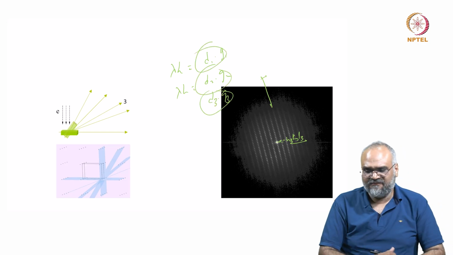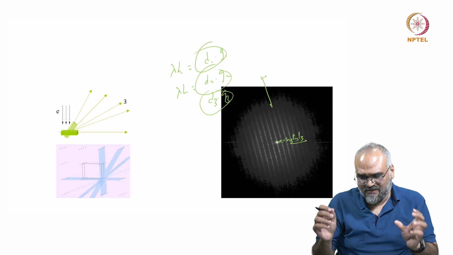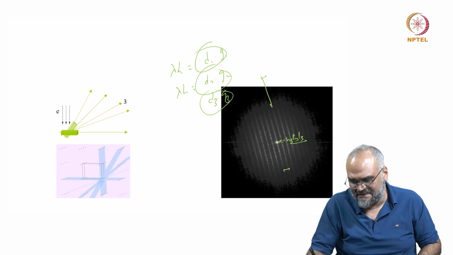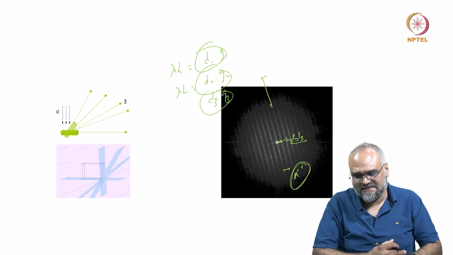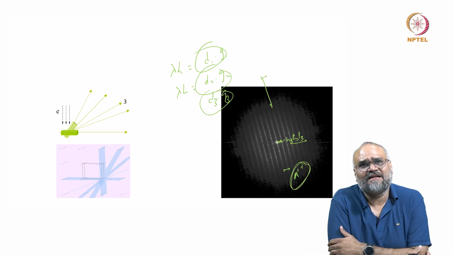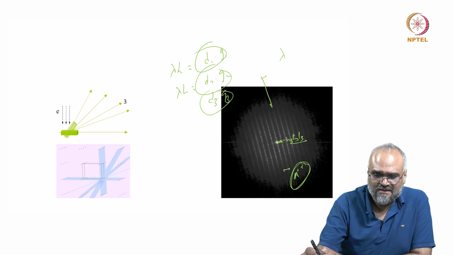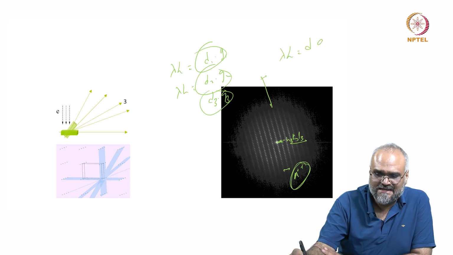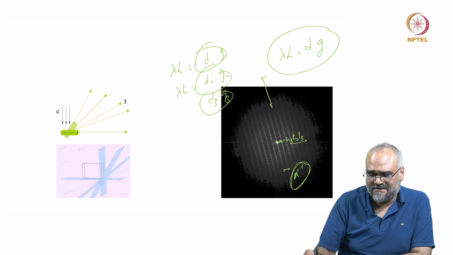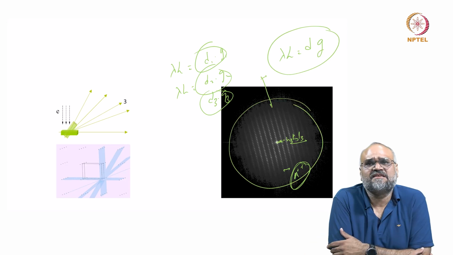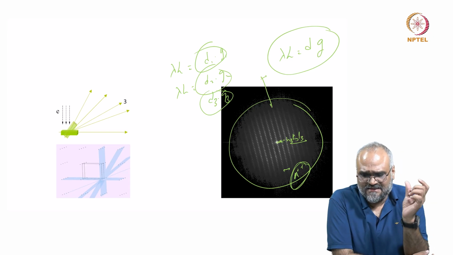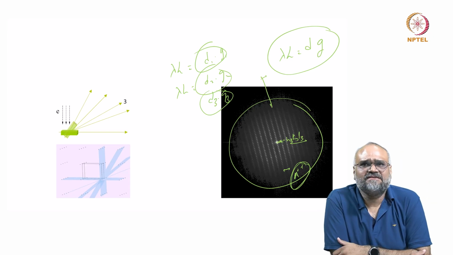From three different diffraction patterns, I can physically measure what this distance in reciprocal lattice values is, and through that physical geometric relation which we saw, lambda L is D times G, I can actually get to measure how my reciprocal lattice distances correspond to a real lattice vector, and through this you can start